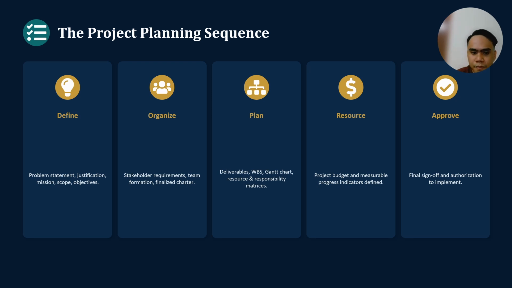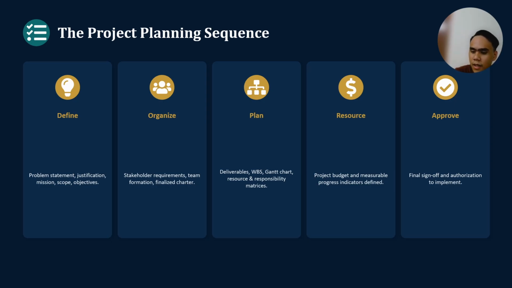So, define. This starts with a clear problem statement, translating the kernel of an idea into a precise statement of the problem, a deficiency or opportunity, which helps clarify scope later. Next comes the project justification, running the risk analysis we just discussed, like the payback period, the NPV, the IRR, the ROI, or return on assets,